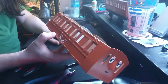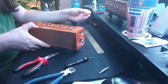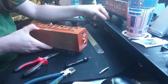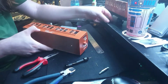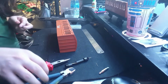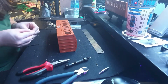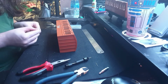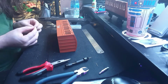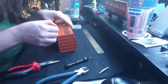And there we have handrails. Again, they're not set at the proper distance yet, just because they're not glued in yet, so I don't need to worry too much. It's just to make sure they're all correct. So some more wire. Get that, and then we'll bend it round into the hole,